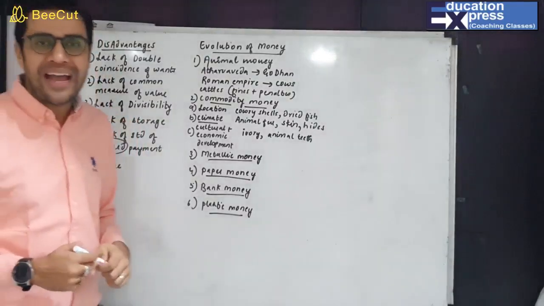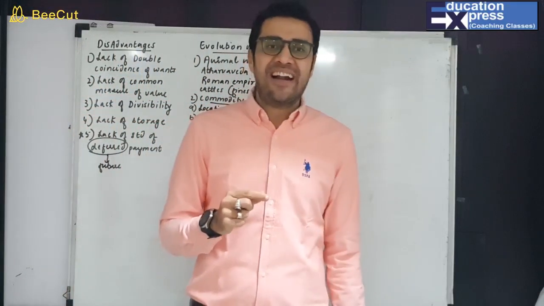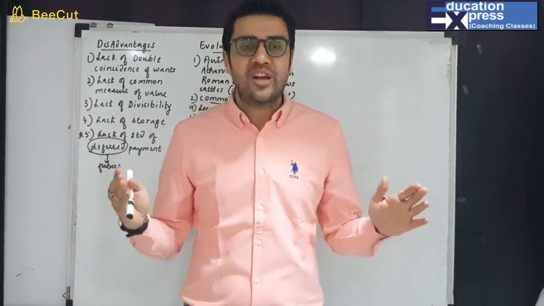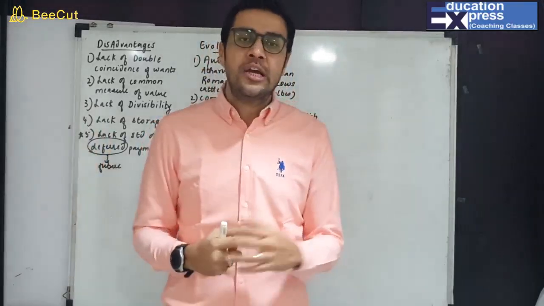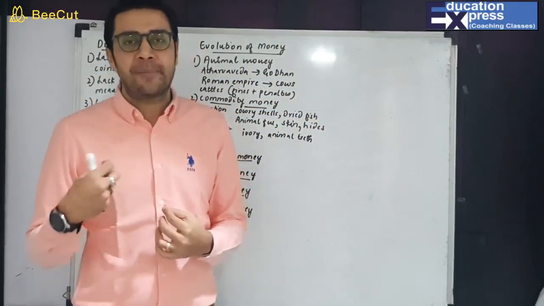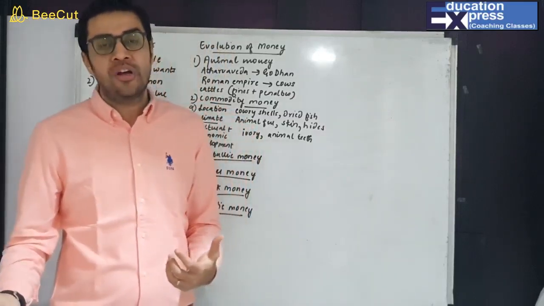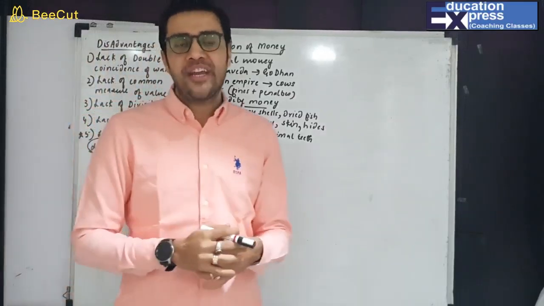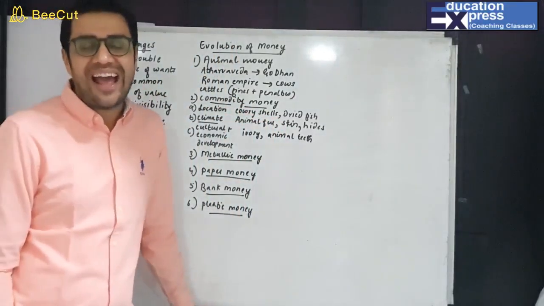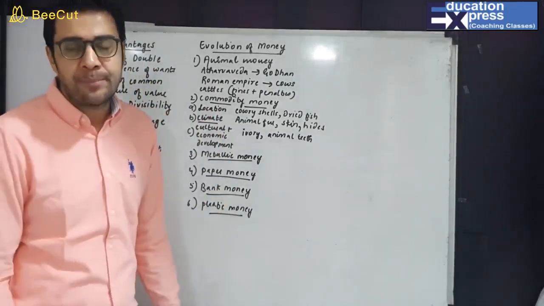And then comes your bank money. Bank money replaced paper money because paper money had the disadvantage of counting and space problem. Plus business transactions had reached far and wide. So bank money came into existence, in the form of checks, drafts, bills of exchange, which are easier to carry from one place to another without any hassle, no counting issue, nothing. And then comes the plastic money in the form of debit card and credit card. Is that clear? So these two answers of 5 marks are very, very important.